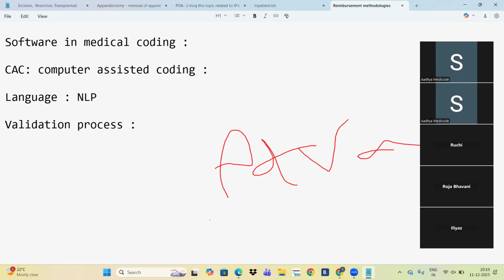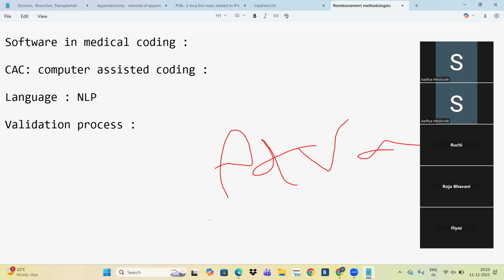So now, if CAC suggested any unspecified codes or is missing the combinations, we need to look for that combinations and we need to code as per the documentation highest specificity.